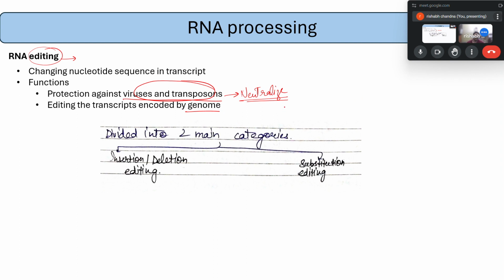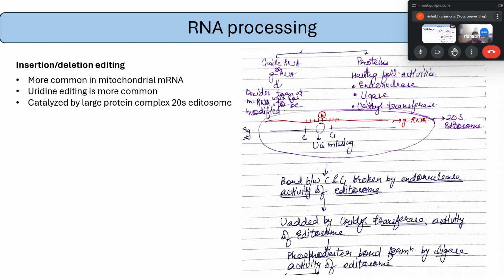That's the main thing. Now there are two types of RNA editing. First is the insertion or deletion editing, and the other is the substitution editing. We'll discuss the insertion or deletion editing first, followed by the substitution editing. So what is insertion or deletion editing? They generally occur in the mitochondrial mRNA, and uridine editing is more common in this case. We generally insert, but deletion is not very commonly seen. Insertion is a more common form of editing compared to deletion, and it is